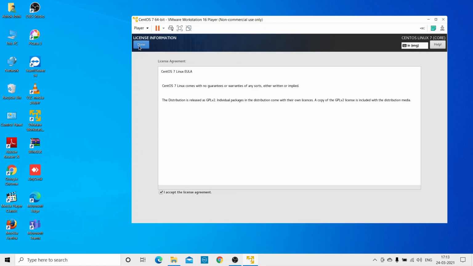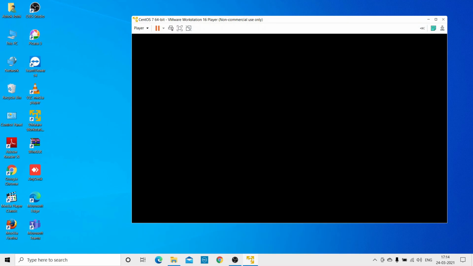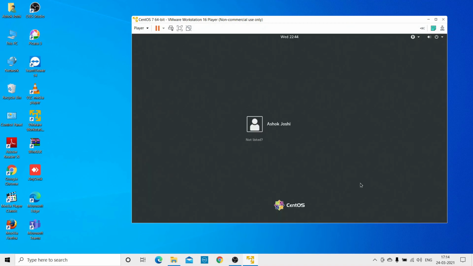Now we do not have any problem. Click on done, and we have accepted the license agreement. Yeah, done. Now do not connect any network host, and just click on finish configuration, and the policy and everything has been accepted, and you can see the login screen.